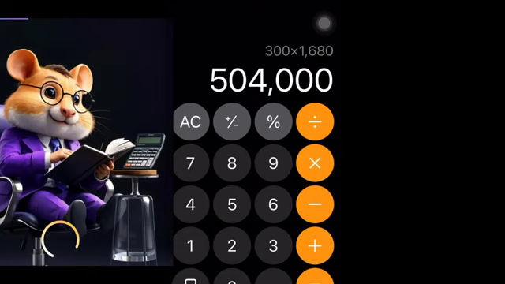So guys, I think with this you will be able to understand how to calculate Hamster Kombat coin and the estimations of